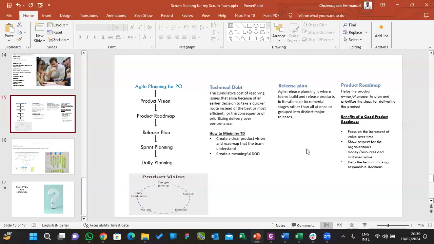So after that, there's another thing they call technical debt, right? These terms, you need to know them because when you start working as a product owner, you may come across these things in your team. How do you know when you're having a technical debt? So what is technical debt? I will explain this in a very local way. For instance,